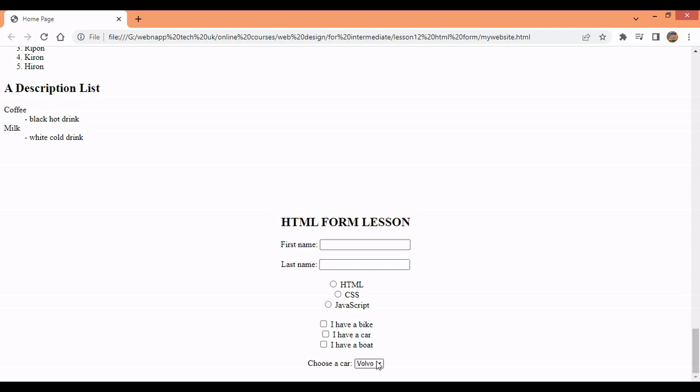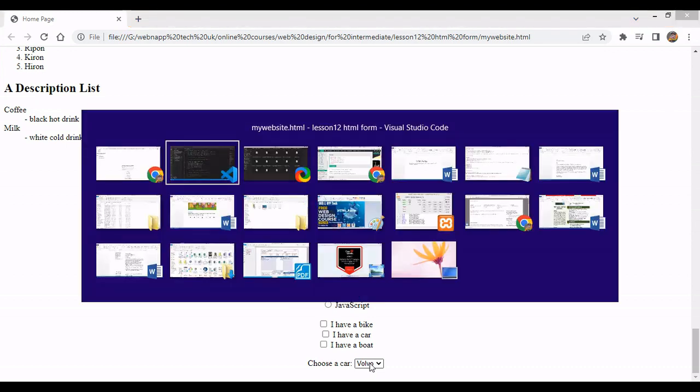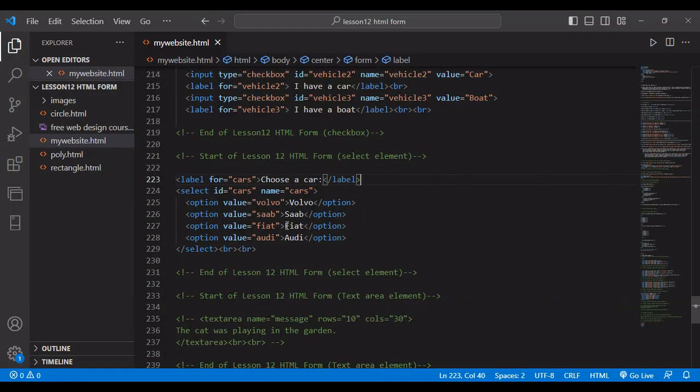And if you want to see a certain item on the top, or you want it to be visible here, you can do that. All you need to do, instead of Saab, write down selected. Look, selected. So that means now if you refresh it,